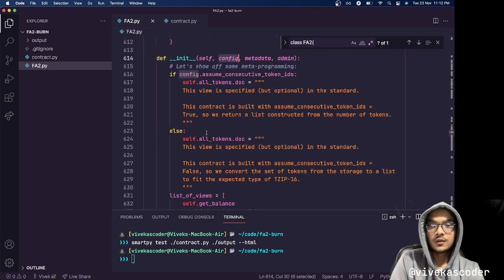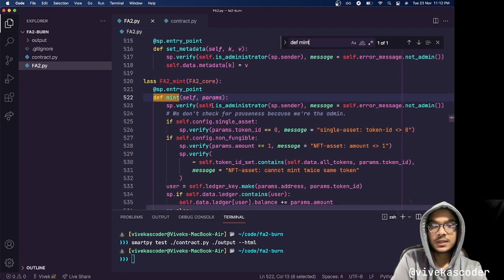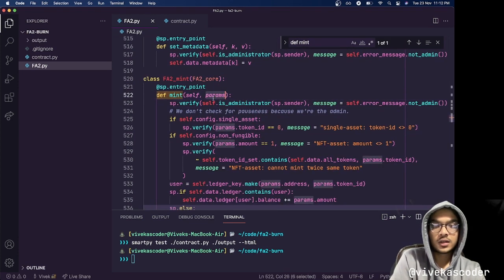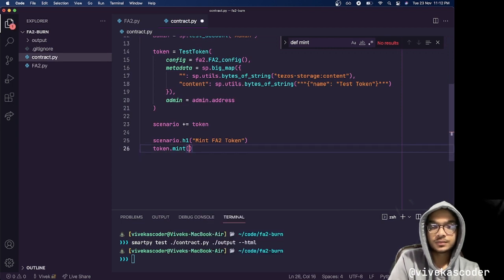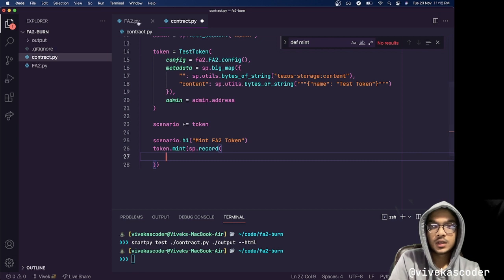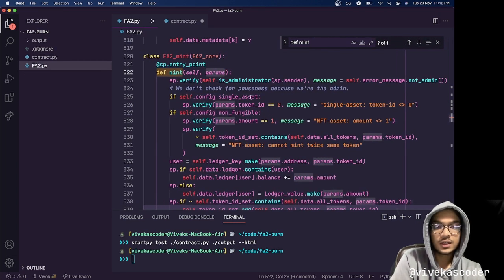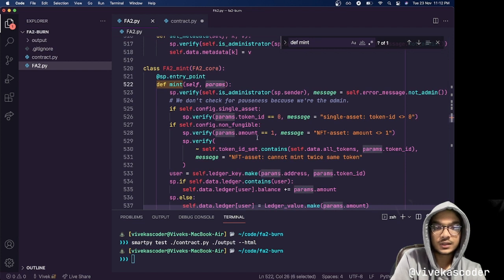So if you talk about the mint method, the mint method takes a record of parameters. So here you can see we have params. So we'll do sp.record, and here you can see that first thing that it takes is the